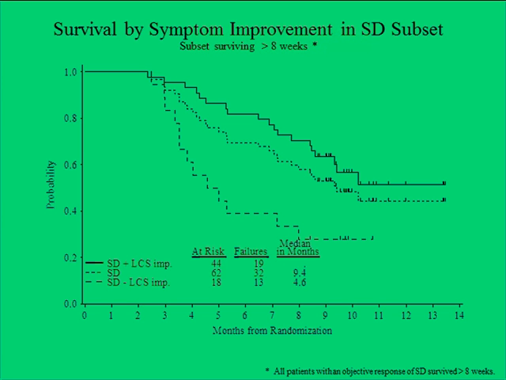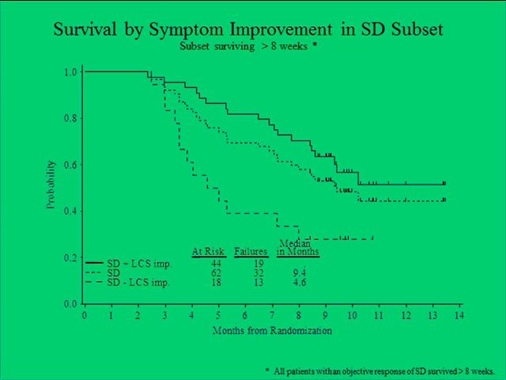Here, the dotted survival curve in the middle is all patients in this trial with stable disease. The other two plots, the solid line, the better survival group, and the dashed line, the poorer survival group, are subsets of the stable disease patients, this group in the middle. The subset in the solid line are those patients with stable disease who also had improvement in their lung cancer symptom score. And the bottom plot, the dashed line, are patients who had worsening or no improvement in their